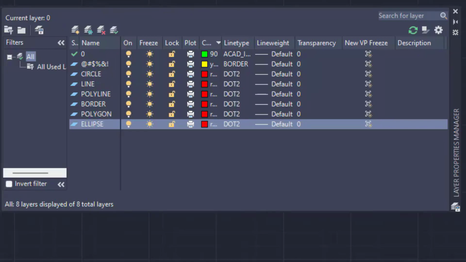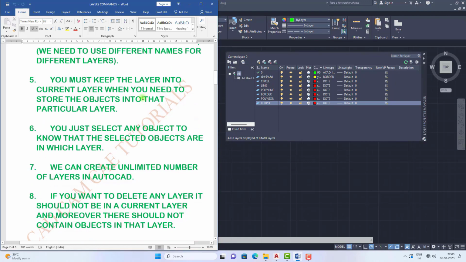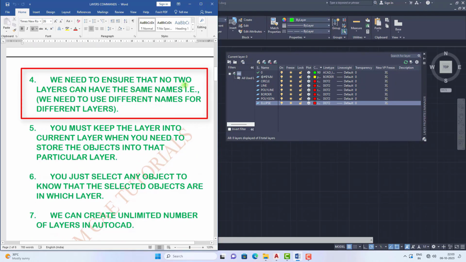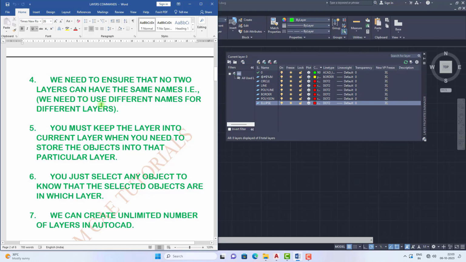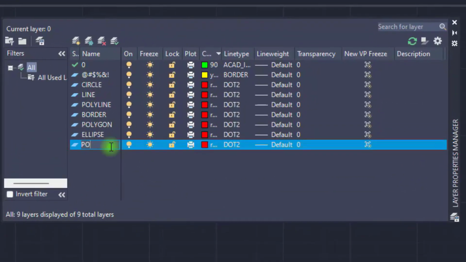So what is the point you need to remember while drawing? See, we need to ensure that no two layers can have the same name. So we need to use different names for different layers. Suppose I am creating a new layer and I am giving the name as polygon. See, we have already created the polygon name. Again we are giving polygon and I am clicking outside.